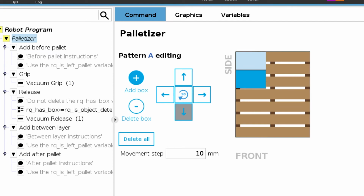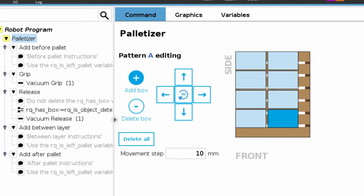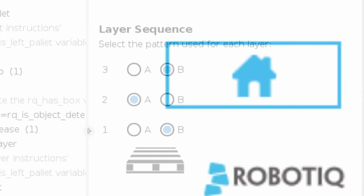Now we're going to click on the pallet location, and we're going to teach the orientation of each box with respect to the pallet. So you press the plus button, and it's going to add a representation of the box to this visual on the right, and you can lay them out wherever you want so it matches your exact pallet locations. When you're done with this, you hit that home button, and then you can go and choose the